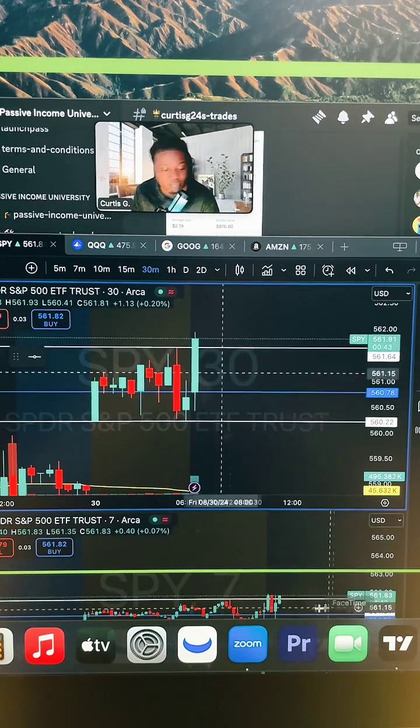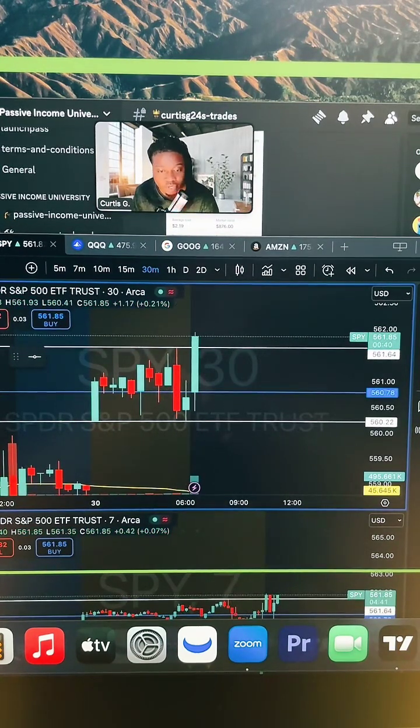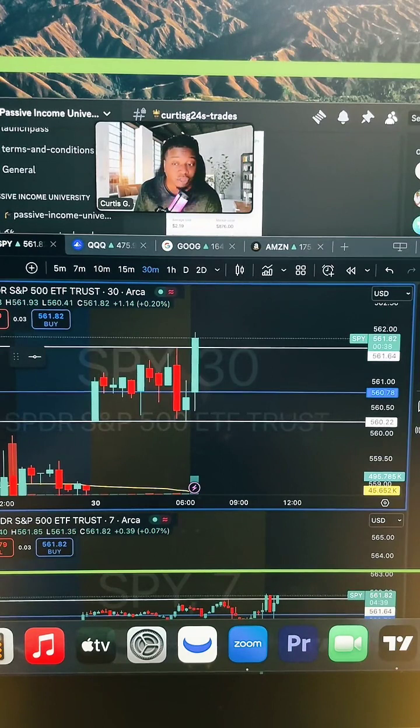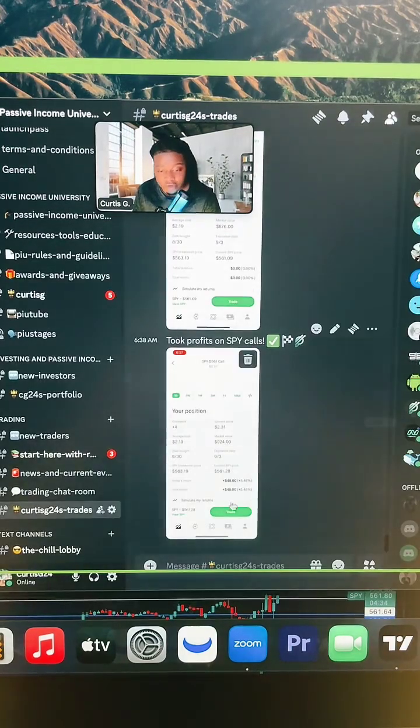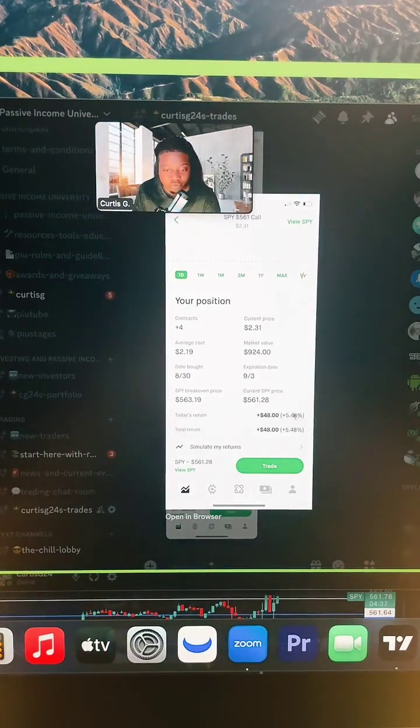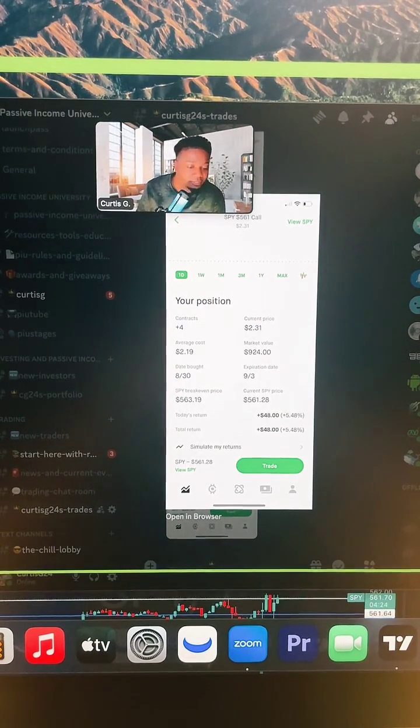But with that being said, we already did have one green trade of the day. So this trade, I'm going to tell y'all, if we do get into one, it's going to be very, very conservative. So we got into this trade. This was the first one of the day. We made 5%, traded with less than 1,000. If you guys know me, I like to trade very conservatively, but I am getting a bit more out of my comfort zone.